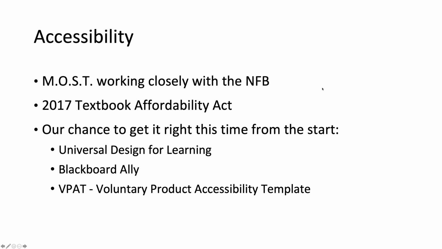The VPAT statement, the Voluntary Product Accessibility Template, is basically a document that you can request from a vendor of any kind, especially in technology, but we look at it with the publishers or anybody who's creating content to make sure that things are accessible. So it's basically the vendor will describe how they are meeting accessibility requirements, and you can ask for a VPAT statement. In fact, for those of us in Maryland, it is part of the COMAR regulations for certain types of software. So make sure that you ask for a VPAT statement.